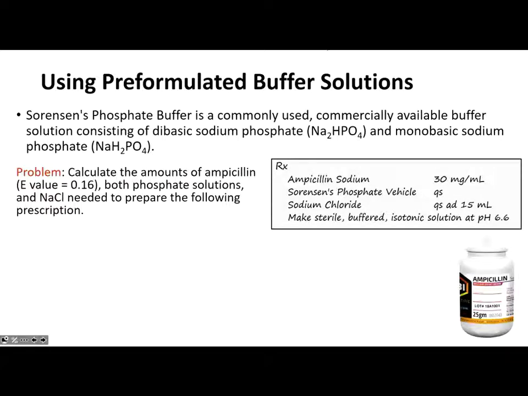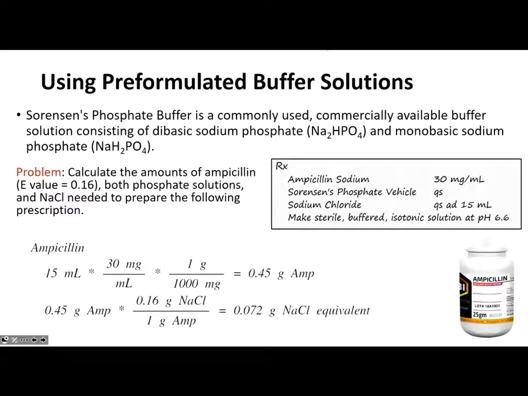All right. The only other thing I did provide you is that we need to know for the E value, the sodium chloride equivalent value for ampicillin is 0.16. Can you do this? It's kind of cool, right? Let's tie everything together. And again, you could start with the phosphate buffer, or you could start with the ampicillin with isotonicity. I like to always start with the active ingredients, so let's determine how much ampicillin we